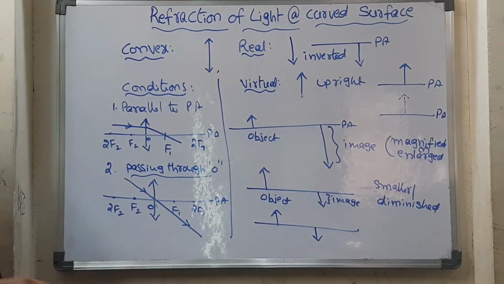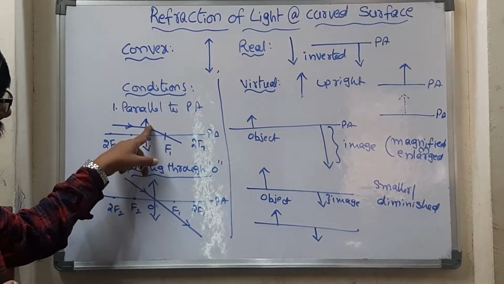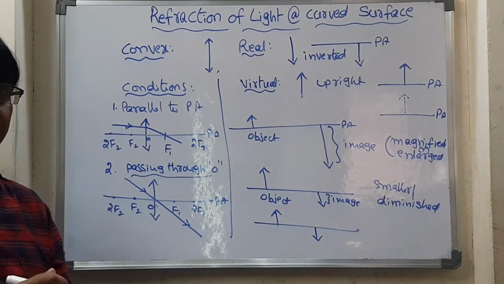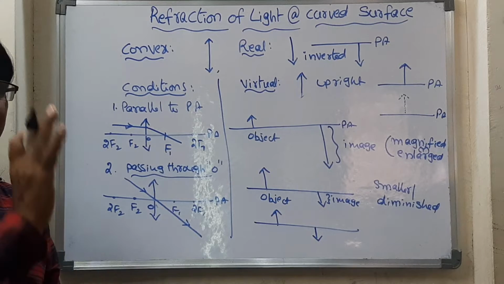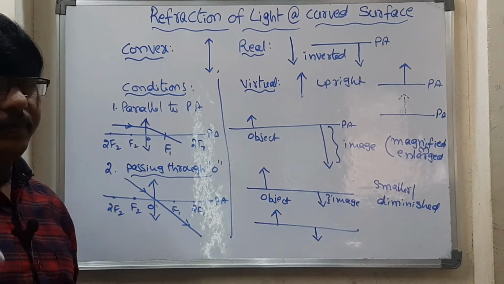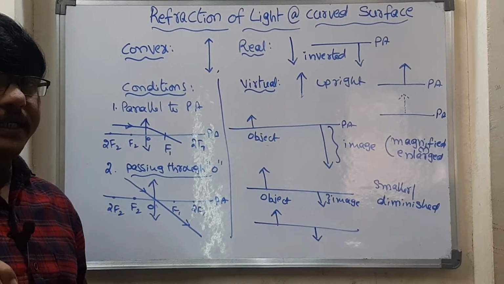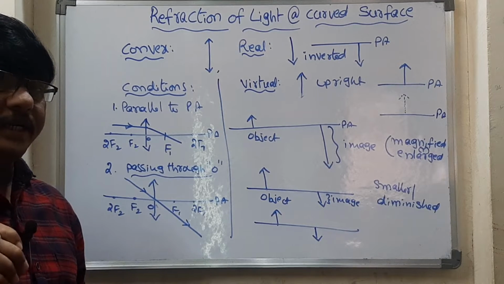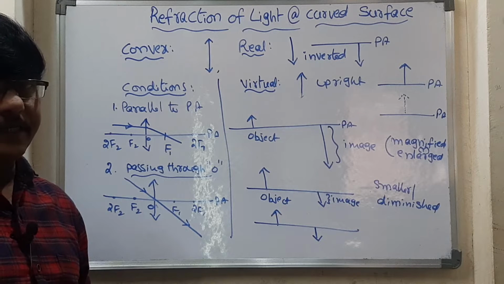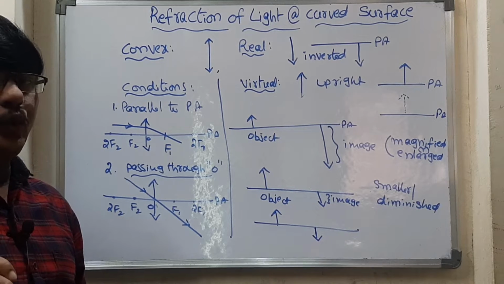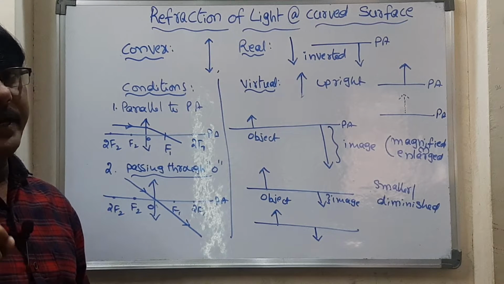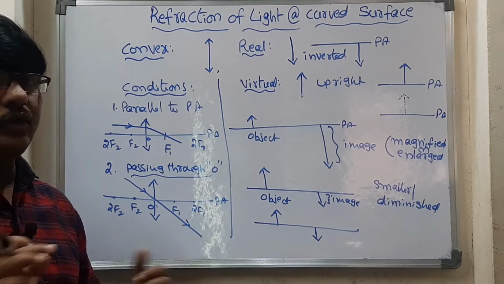These are the two conditions, and afterwards what we should do: this ray as well as this ray, they both will intersect. From the point of intersection to the principal axis, we should draw one normal that gives you the image, okay. Got it? Now ultimately, for drawing ray diagrams, how many rays are needed? Two rays are needed. The first ray is parallel to the principal axis, the second ray is passing through the optic center, and the third step is that these two rays will intersect at one point, and from that point to the principal axis we will draw the perpendicular, so the image will be formed, okay.